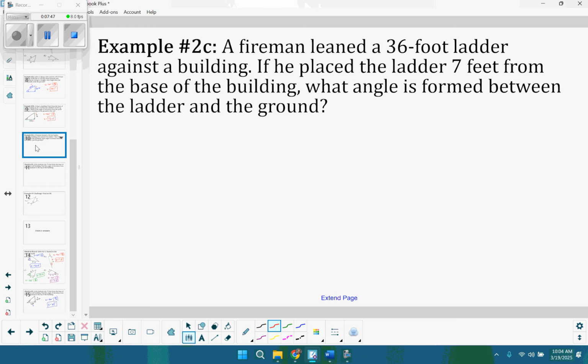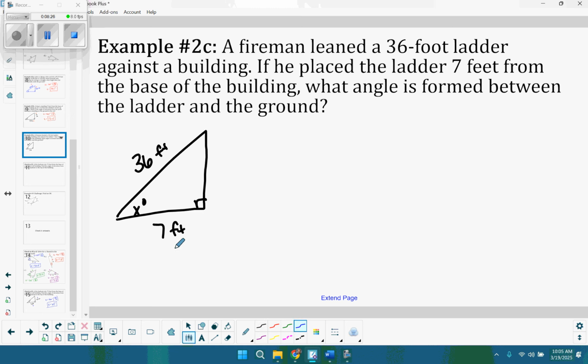One more example together. A fireman leaned a 36-foot ladder against a building. If he placed the ladder 7 feet from the base of the building, what angle is formed between the ladder and the ground? So in our problem, we have a ladder leaning against a building. The ladder is the part that's leaning, so that part would be 36 feet. He places it 7 feet from the building. So if this is the building, 7 feet away would represent the bottom. And we are once again looking for the angle formed by the ladder and the ground, which is our angle